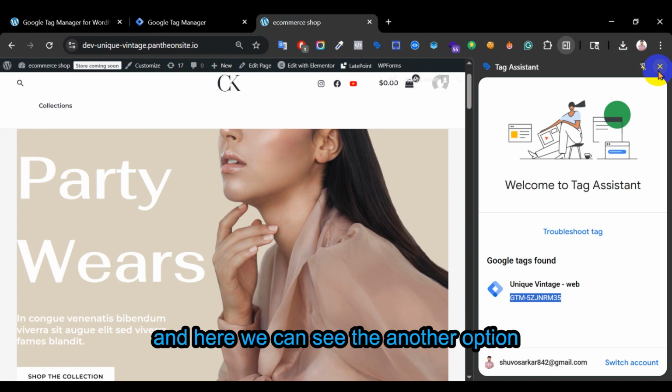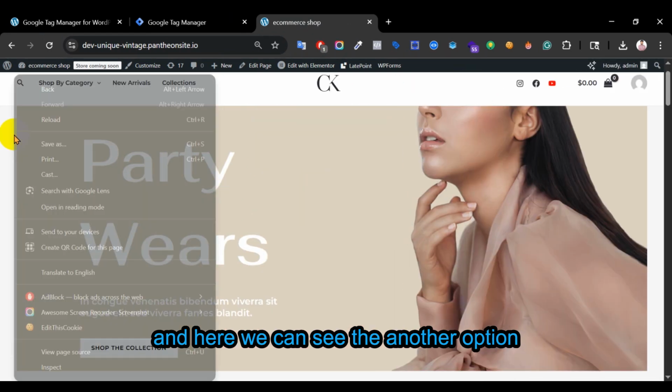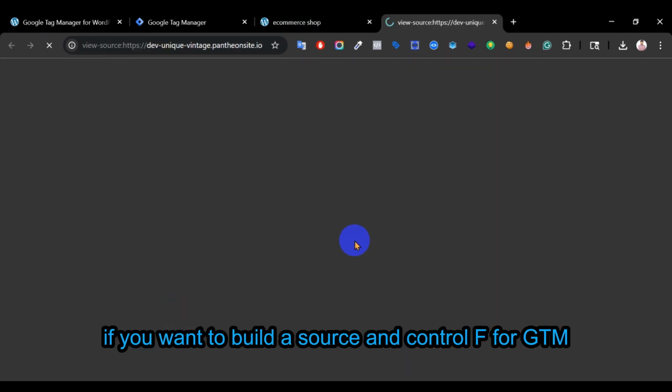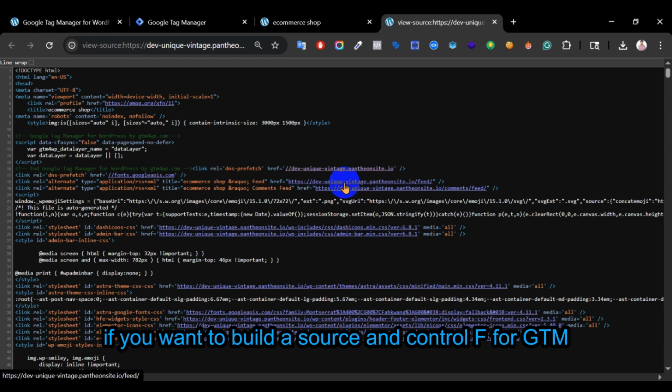And here we can see another option. If we want to view page source and press Control F for GTM, you can see